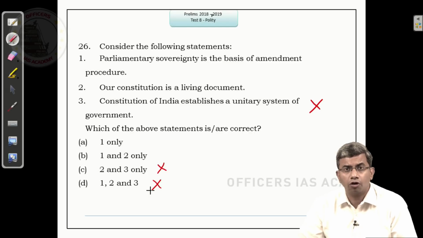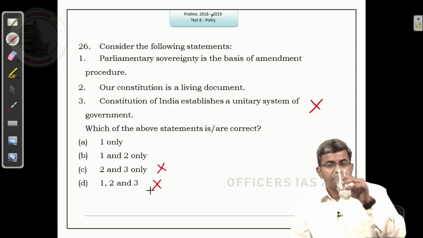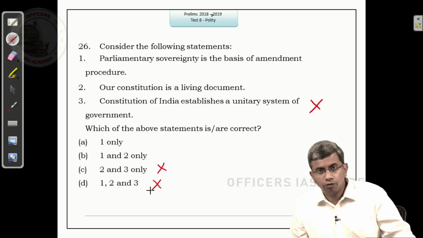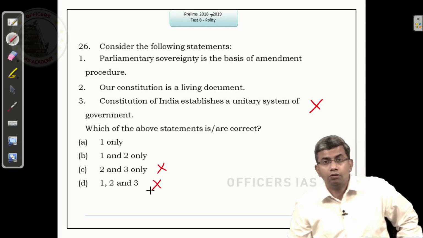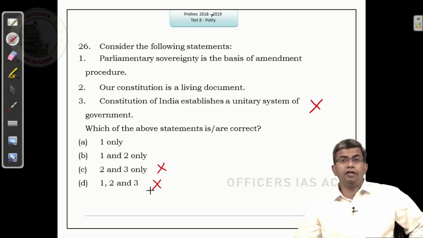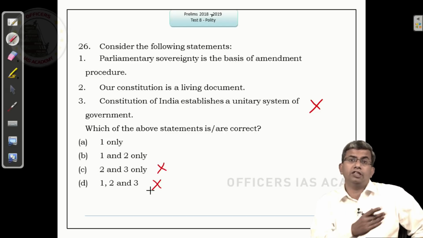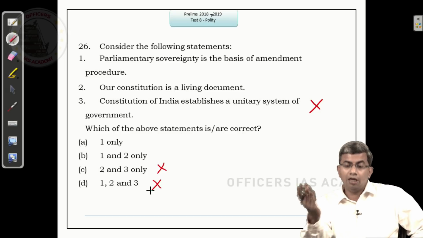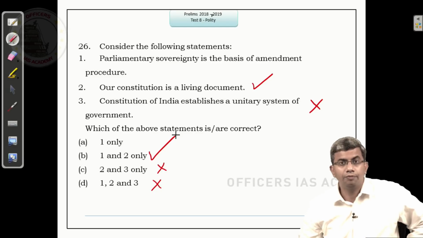Our constitution is a living document. Yes, that is why it is subject to interpretation. The Supreme Court again and again interprets the constitution. The right to privacy was declared as not a fundamental right in 1962, but the right to privacy was declared as a fundamental right in 2017. There are so many such examples, right? There are so many aspects of the constitution which are subject to reinterpretation with the changing times, because our constitution is a living document. So automatically you arrived at the answer. If this is right, this is the right answer.